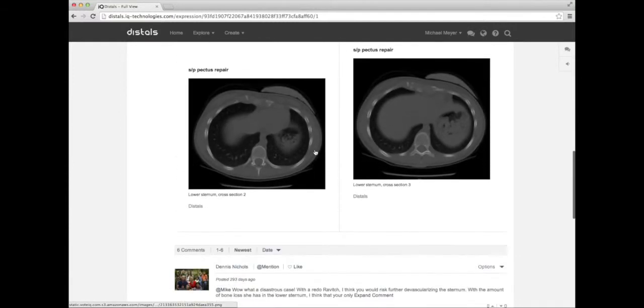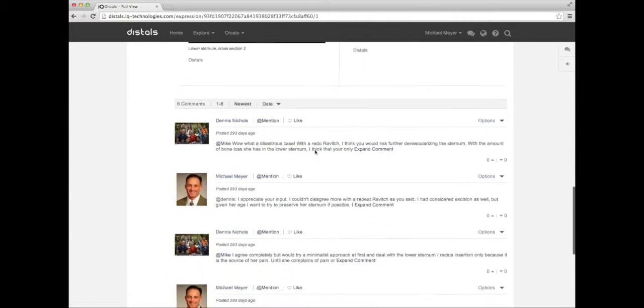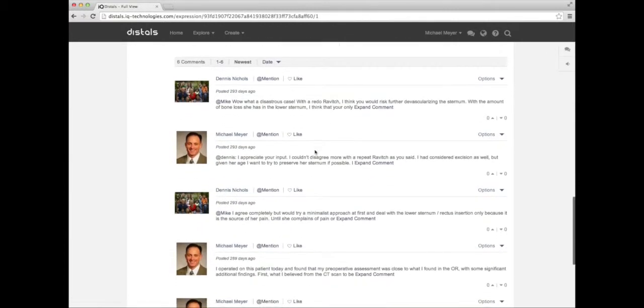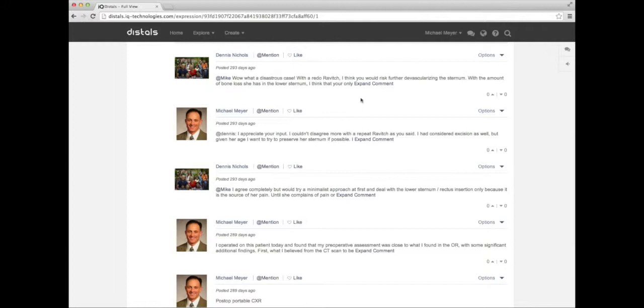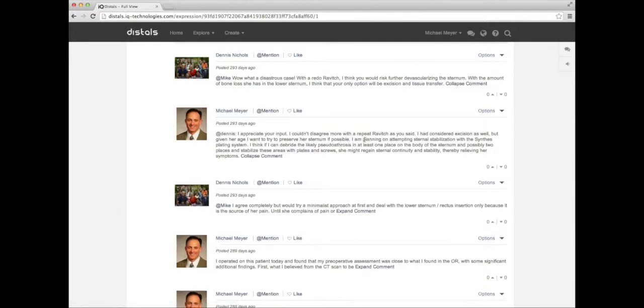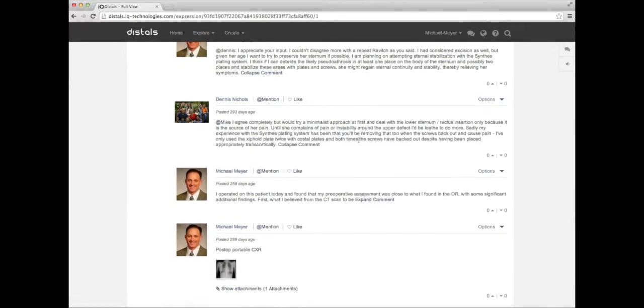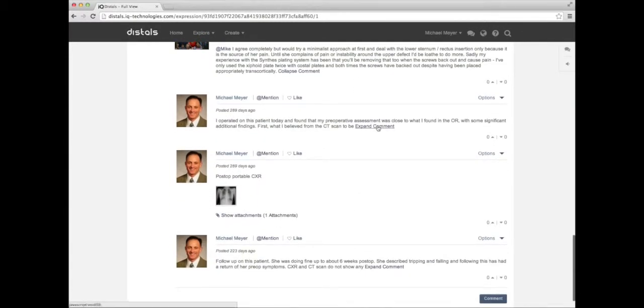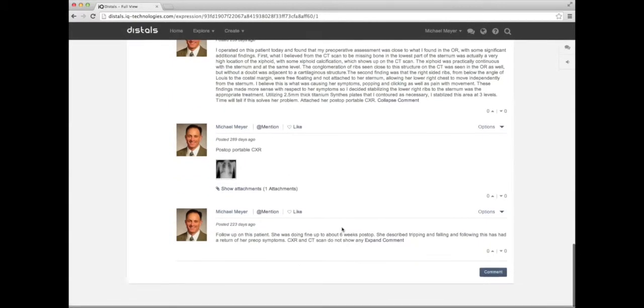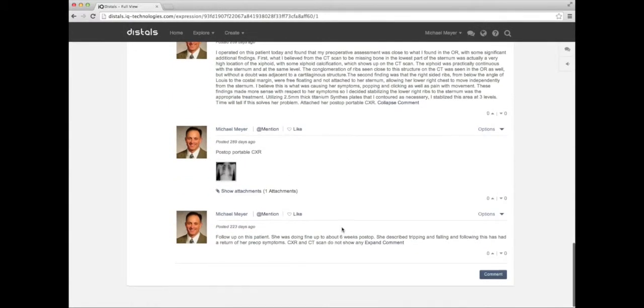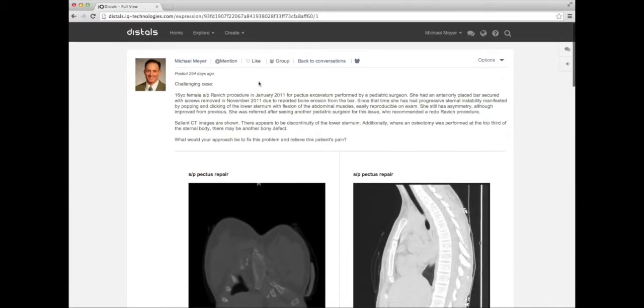This particular case, I posted this. I got comments on it. A difficult thoracic case, and then at the end of the case, after I dictated and a post-op chest X-ray was done, I posted that right away so that whoever was commenting on this had the ability to see what I had done, with additional follow-up posted on a follow-up visit after that. As we go back to our groups,